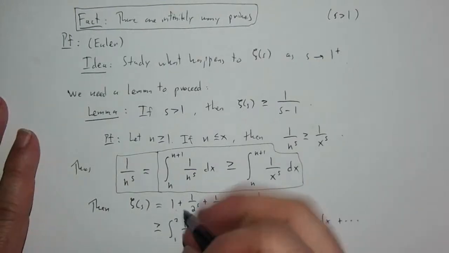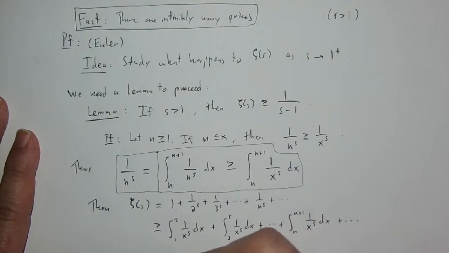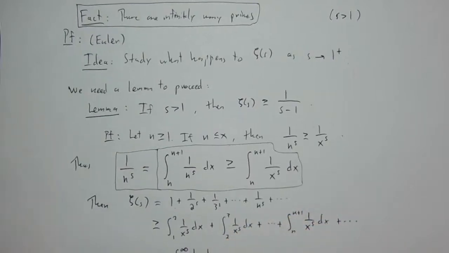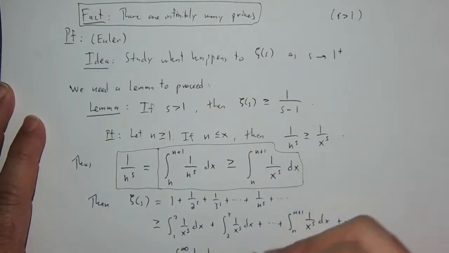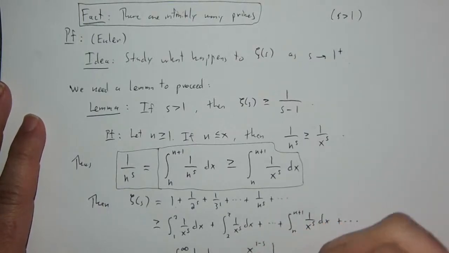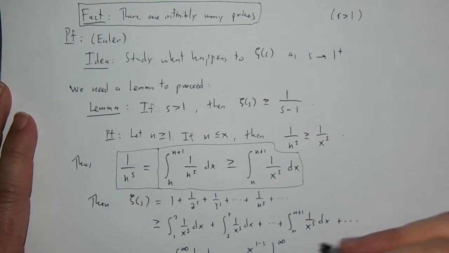But what is this? This right-hand side here is actually just the improper integral, the integral from 1 to infinity of 1 over x to the s dx, right? But I can evaluate this. Remember how to deal with improper integrals. So this is x to the 1 minus s over 1 minus s. And this is evaluated from x equals 1 to infinity, which leaves me with, since s is bigger than 1,